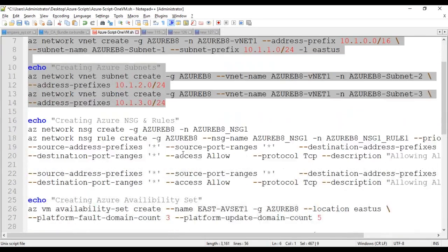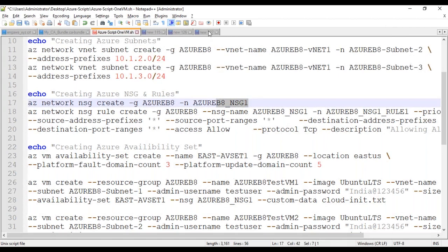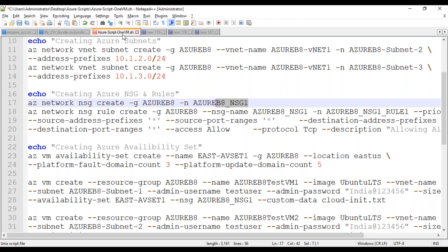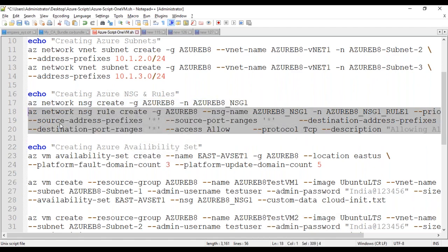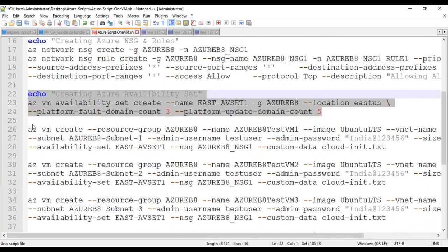I can come down. See, here is the funny part. I really don't need to create a new one, because this is in the same region. I'm deploying in the same region, right? Even though the security group is in a different resource, I can use the same security group since it is the same region. So I don't create the network security group. I don't want to create the availability set, by the way.